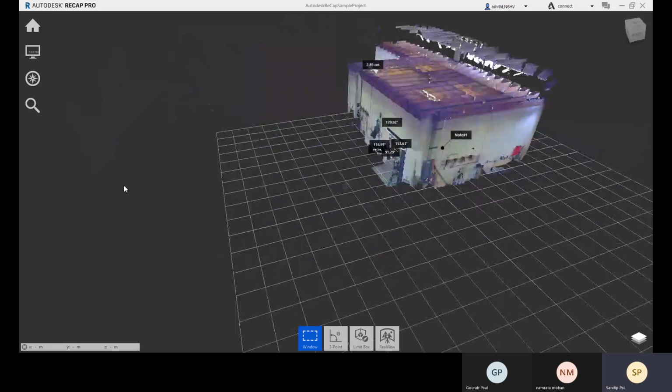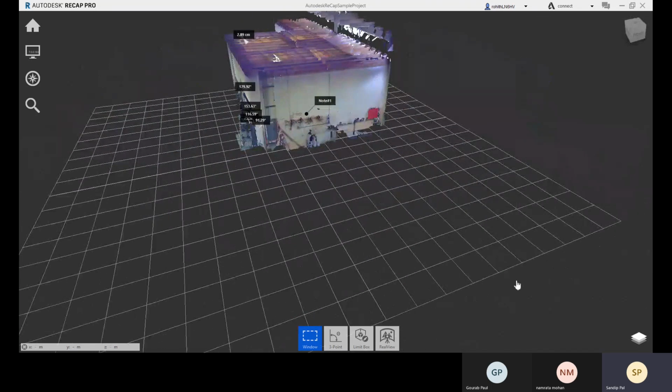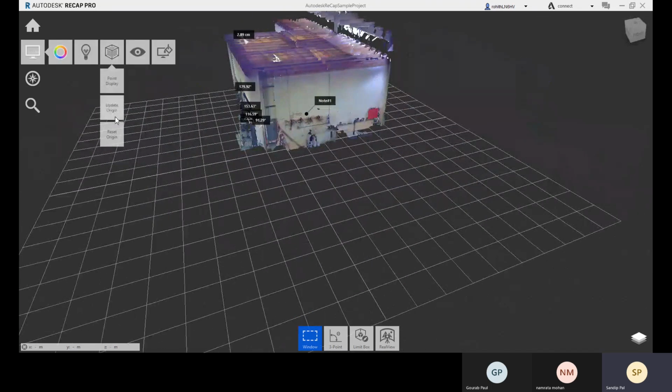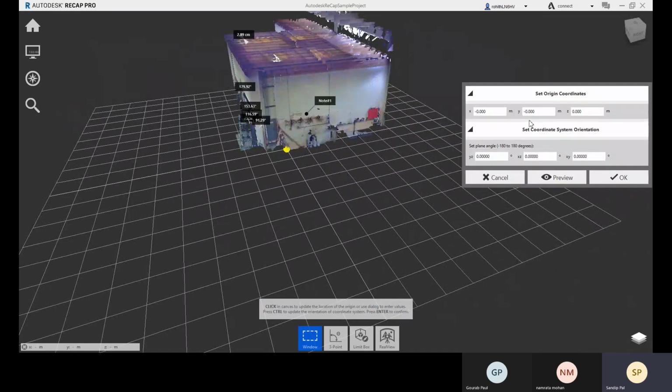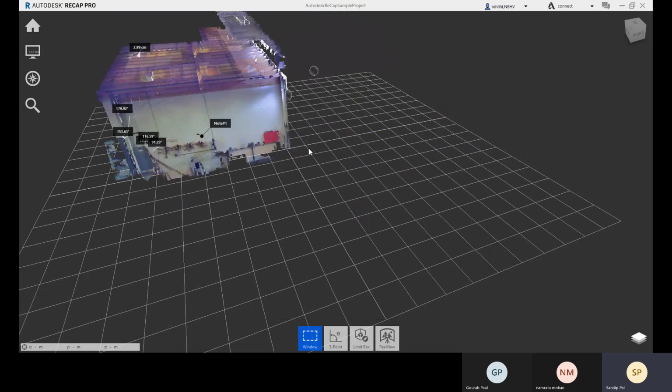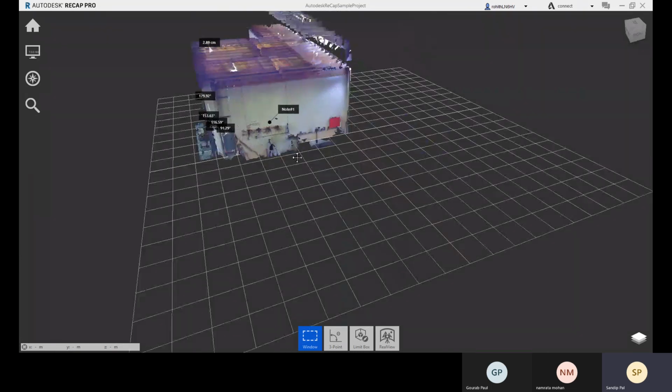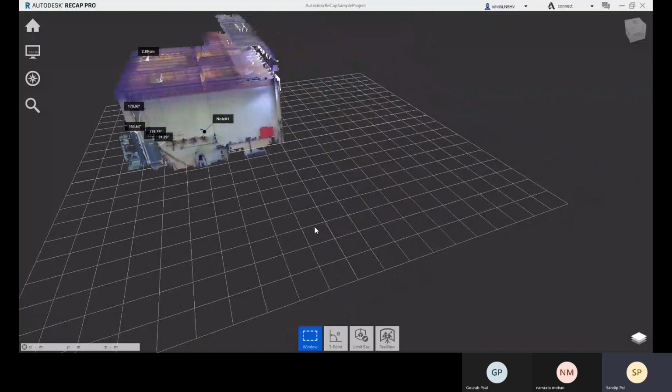Okay, so this is the position, and here you can change. Again you can come here and change the position there. So if you click here and click on OK, you can see that that point is right now the origin, and as per that you are having it.